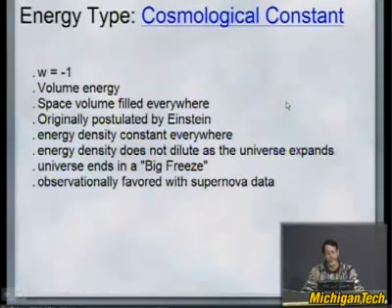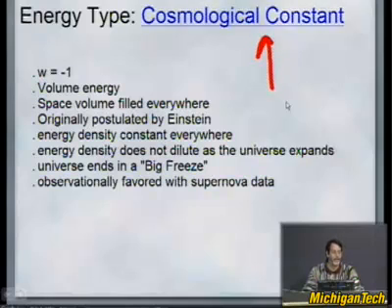And the one that was initially preferred by Einstein is the energy put into the cosmological constant. By the way, that last one was a dark energy, and this is a dark energy as well. The cosmological constant, again, fills all time and space, but it's constant. As the universe expands, the cosmological constant dark energy is always the same. So matter energy, like you and me, is diluting because galaxies are becoming further apart, one for every spatial dimension. But even though that happens, the cosmological constant dark energy that pervades the universe is always the same. Since the matter energy is going down right now, and the cosmological constant energy is remaining the same, we're becoming dominated by cosmological constant energy.